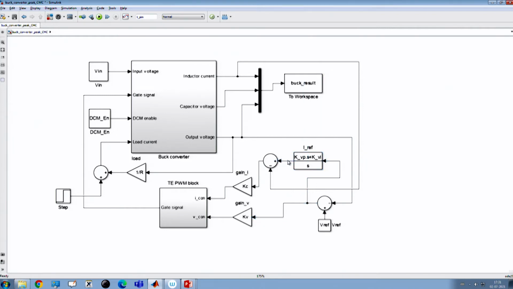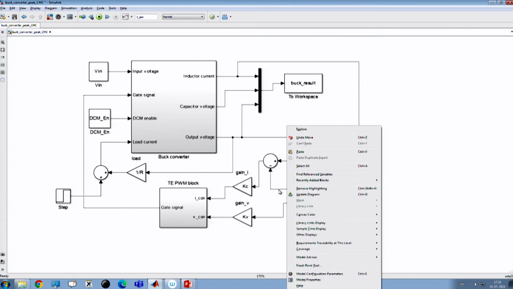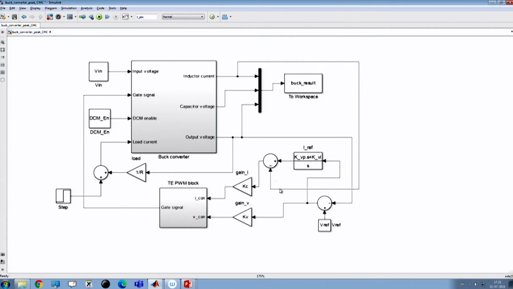That means this is the reference current, and this reference current is compared with the inductor current. This is my inductor current, and the inductor current and reference current generate the error current, and we multiply with Kc.